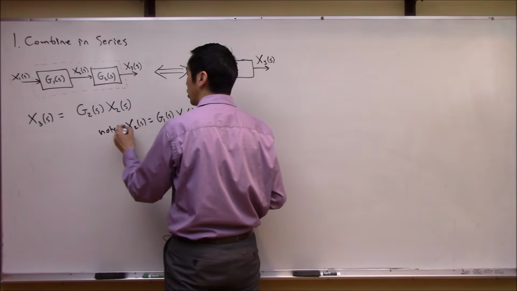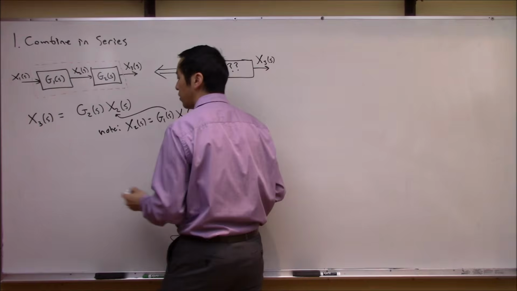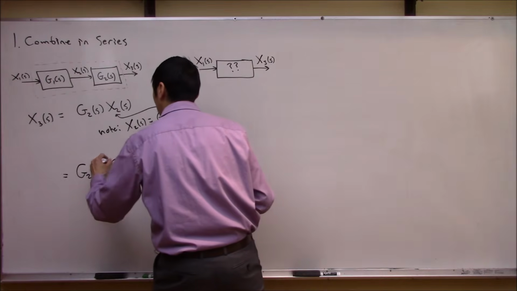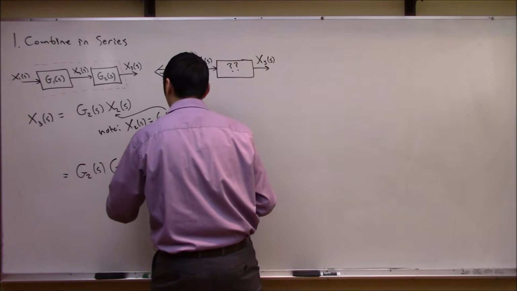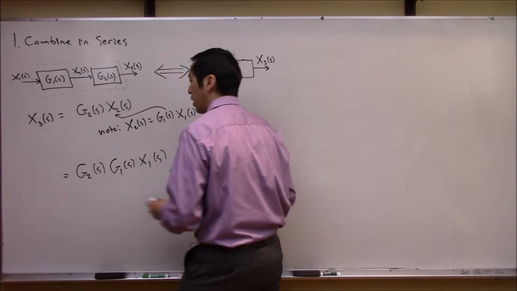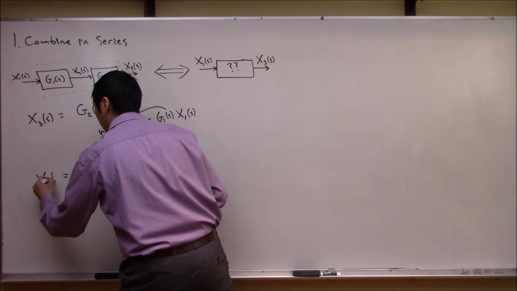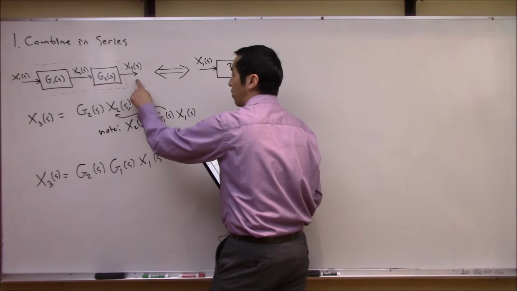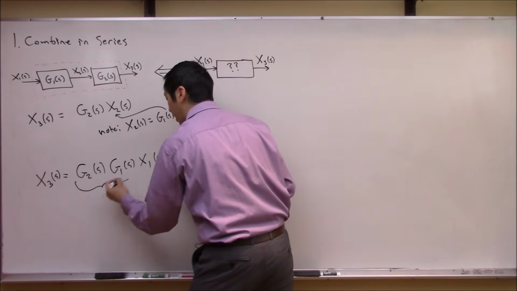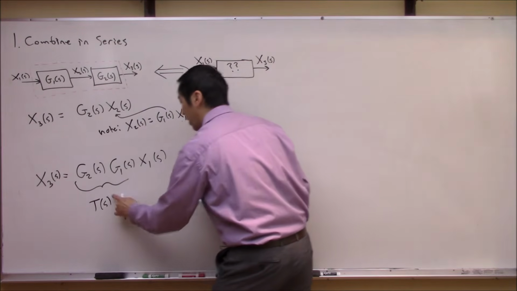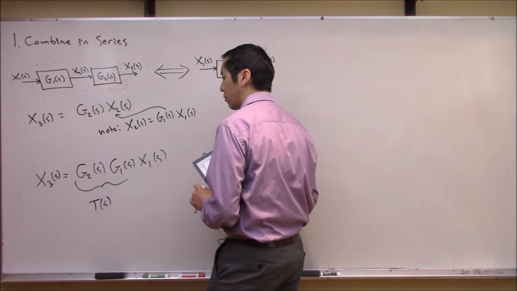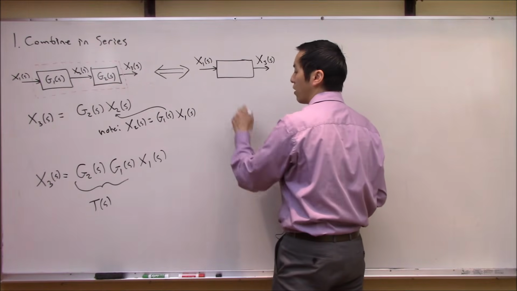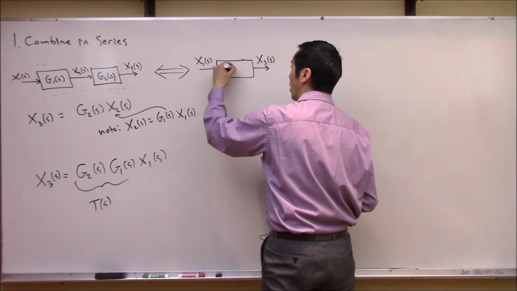Great. So let's plug this relationship in here, right? And we end up with, well, I still have the G2 of S, and now I've got G1 of S times x1 of S. This gives me the output x3, right? So the output of the entire system is something, let's call this thing T of S, times the input of the entire system. So we see that this is actually what should go in this block here. This is now the composite block G2 of S times G1 of S,